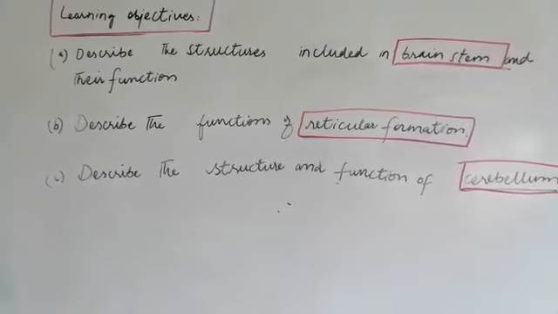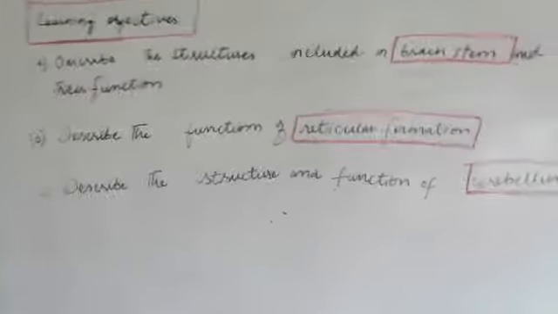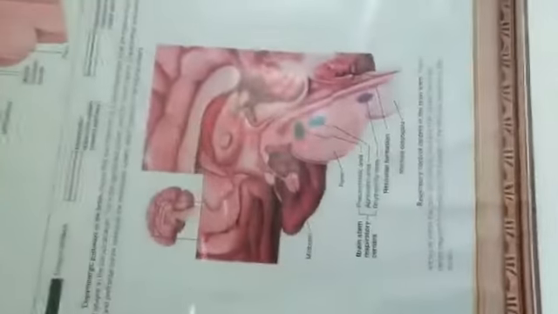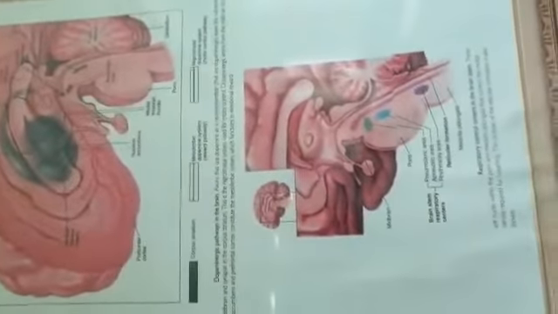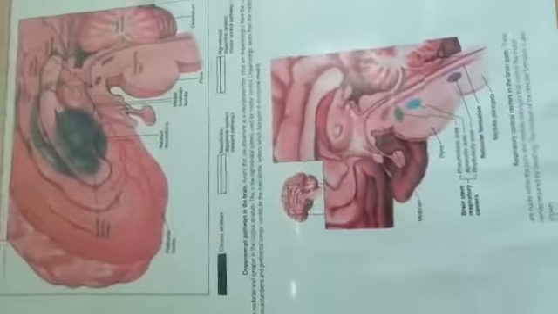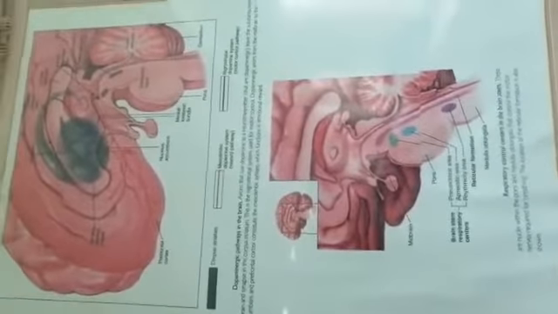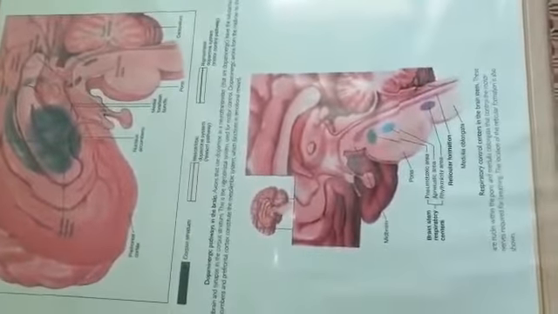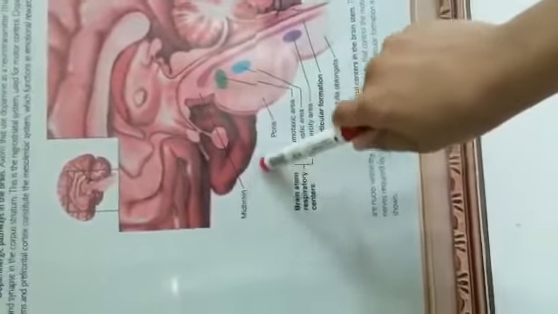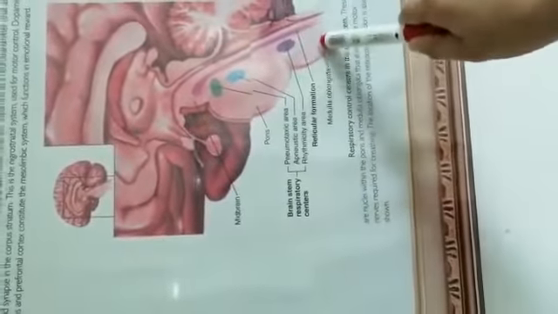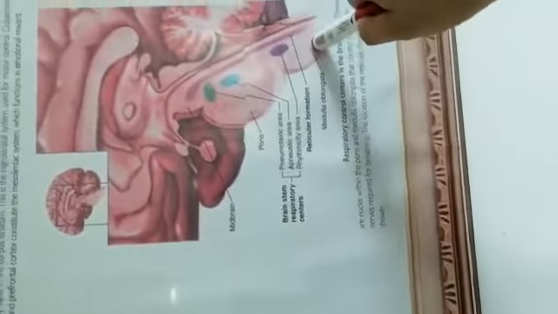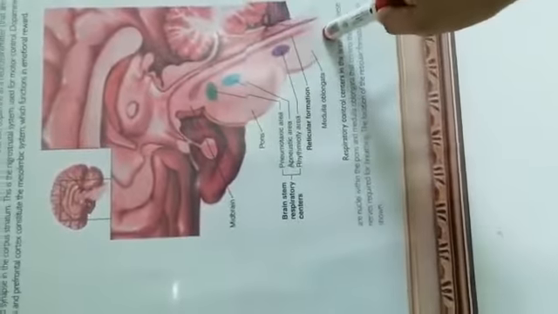Now, first of all, we will discuss what is brainstem. Here, this is a diagram. This is above and below. You can see a sagittal section of the brain. Here you can see brainstem with the midbrain, pons, and medulla. Brainstem basically includes three structures. One is the midbrain, other is pons, and the third one is medulla. These three structures combine together to form the brainstem.